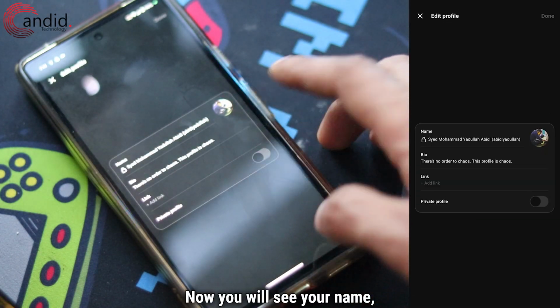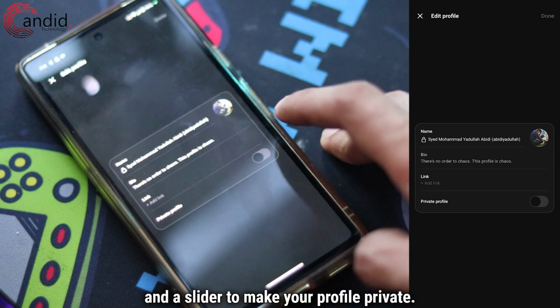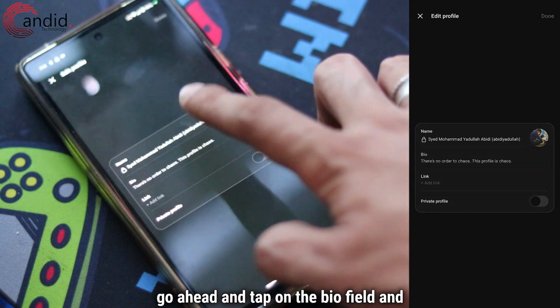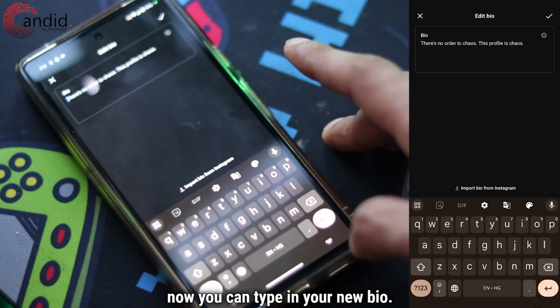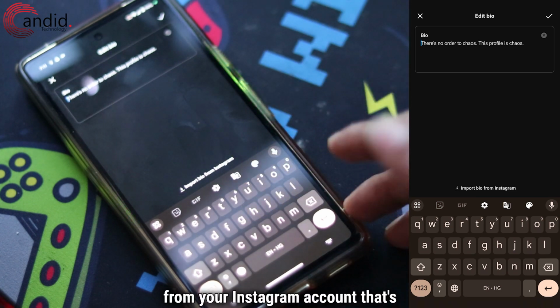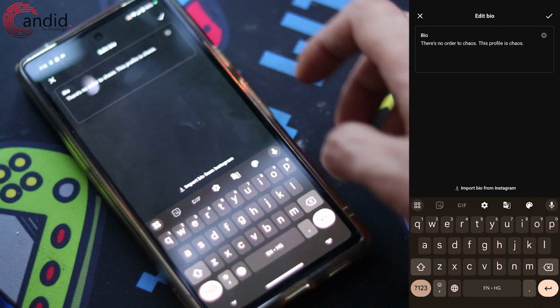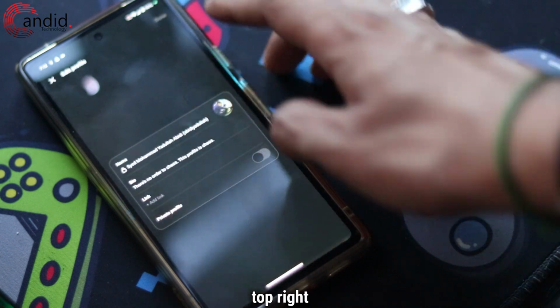Now you will see your name, bio and a link for the bio and a slider to make your profile private. Since we're working with the bio, go ahead and tap on the bio field and now you can type in your new bio. You can also import an existing bio from your Instagram account that's connected to your Threads account. Once you're done making the changes, go ahead and tap the tick icon in the top right